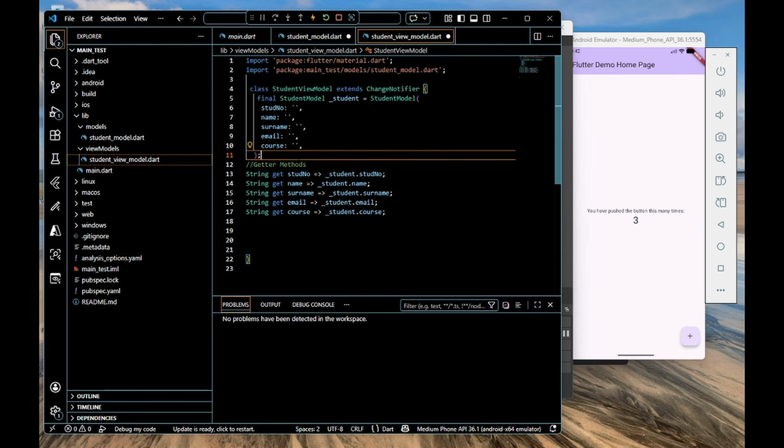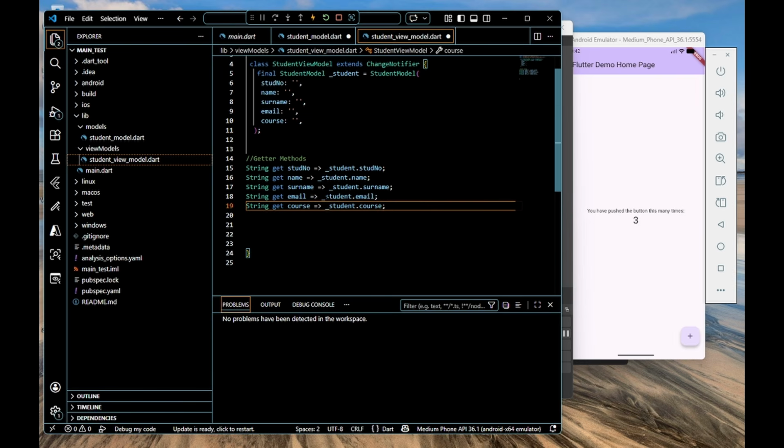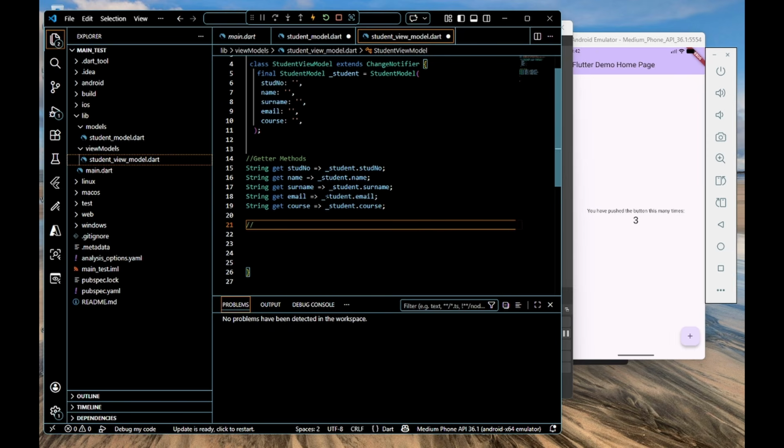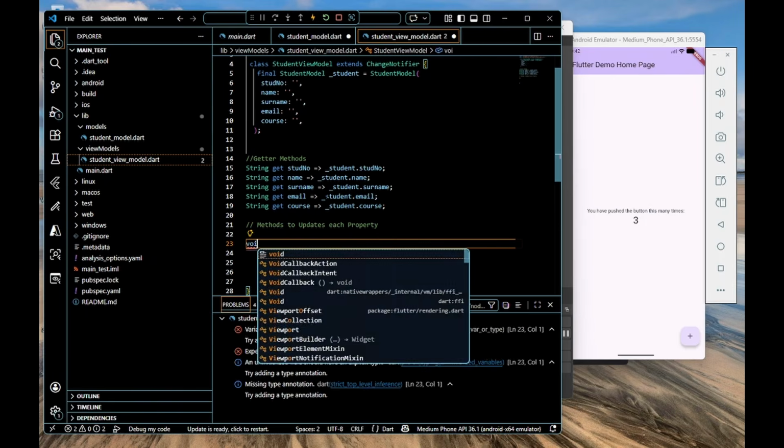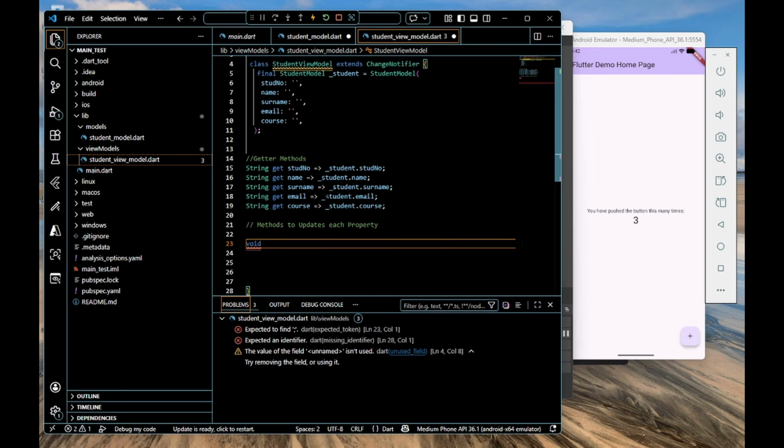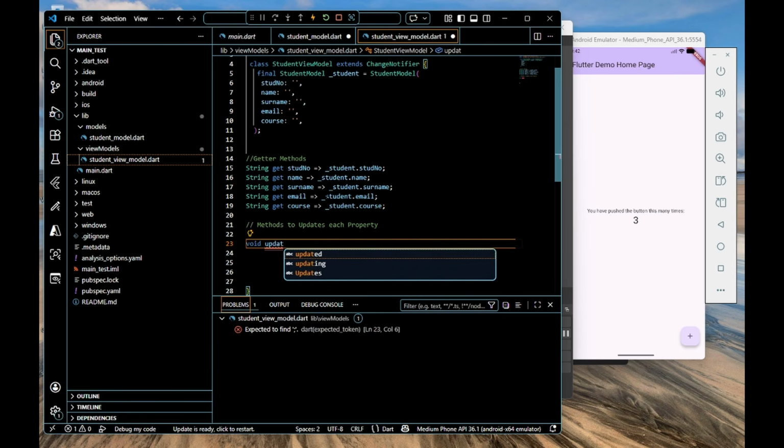Let me just separate, and now we have to create a method to update each property. So we will start, for example, to update the name. We're gonna create a void method. All it does is it updates